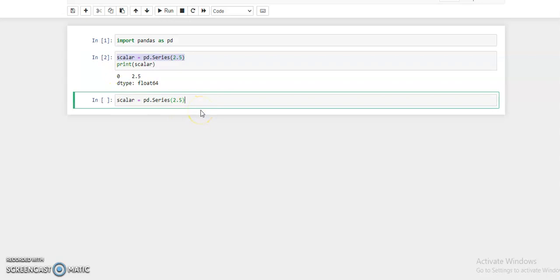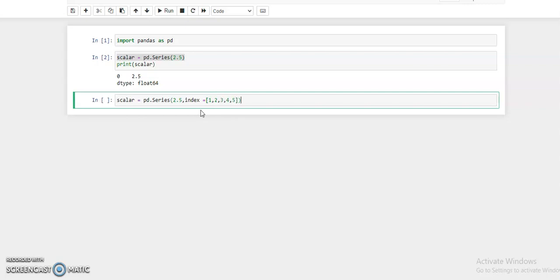Now we pass, separated by comma, index equal to square bracket, and suppose we pass here 1, 2, 3, 4, 5 as the indexing.